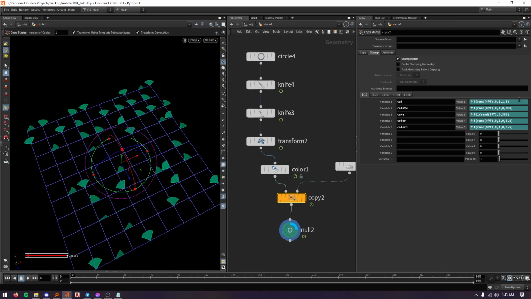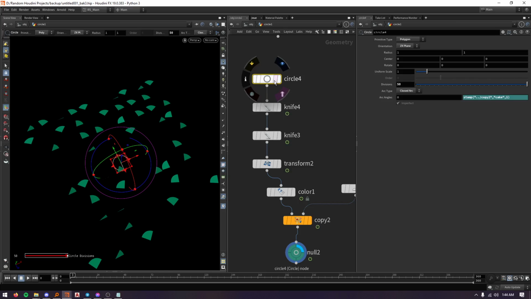So basically, this is one of the functions I use very often. So you come to the copy stamp, for example, if you wanna randomize the amount they are opening. I made this cake. It doesn't make any sense, but that's how I refer to it. I have a random based on point number, and it's fitting between 0 and 360. And if I go to the circle, I basically type stamp, and then for stamp we have,